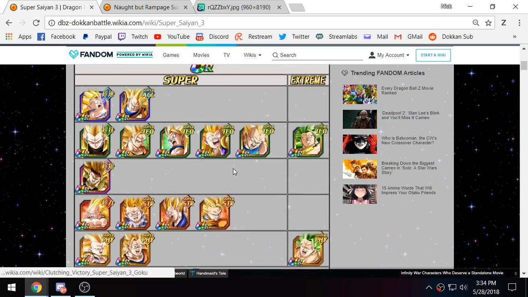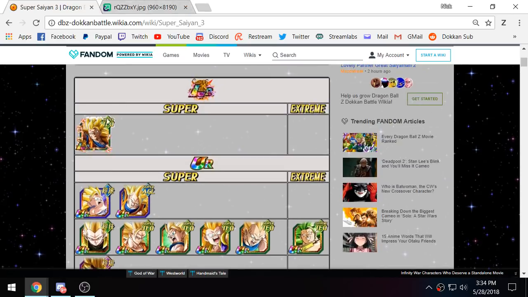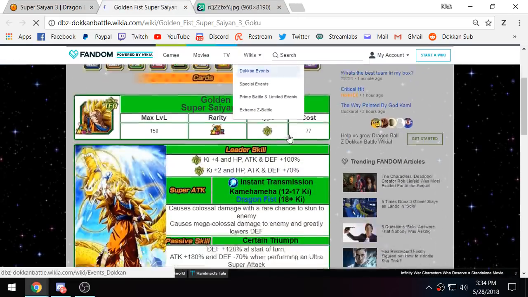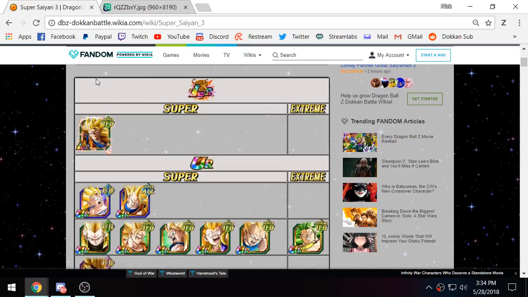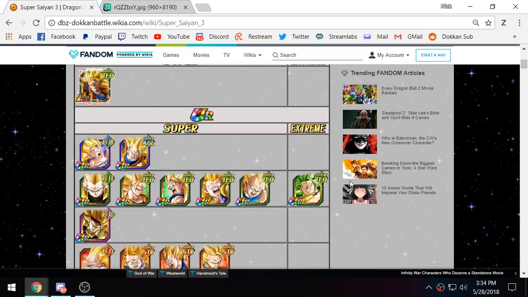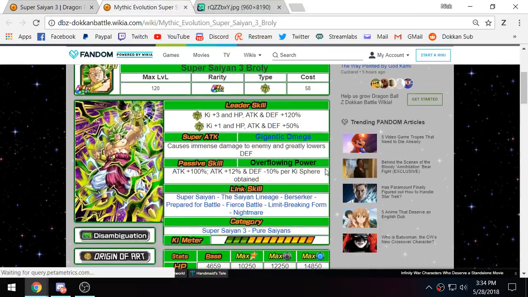So he's really good. In terms of how you should build your team, you want to focus on over in a flash units, right? Especially if you have this guy. If you have this guy, you must do an all over in a flash team. But if you don't have him, you're not going to be constantly necessitating him having to have that 18 key super. So you could do something like think about running Super Saiyan 3 Broly, who doesn't have over in a flash,